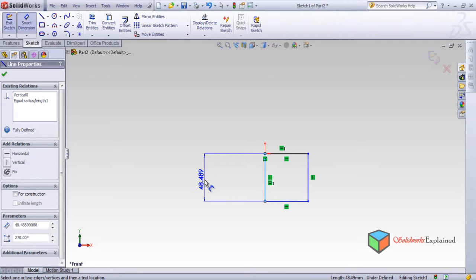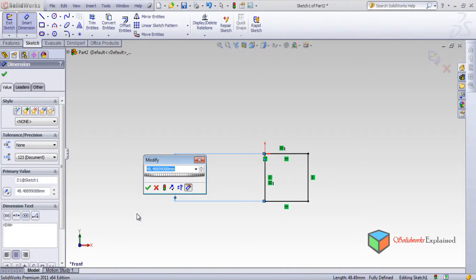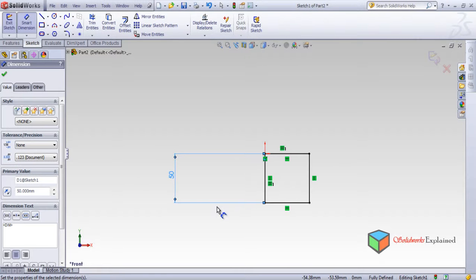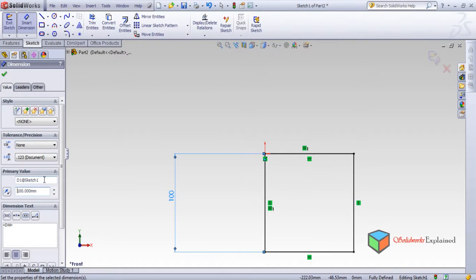Now smart dimensions, click on the left line, we'll get some figure. As you move the mouse, this thing also moves with you. Left click. Okay, now a box appears, then make it 50. Done. So this is 50 and this becomes 50. Now for example I want to change this 50 from here, so change it to 100. Look, this also becomes 100